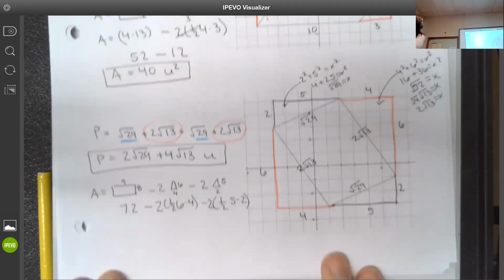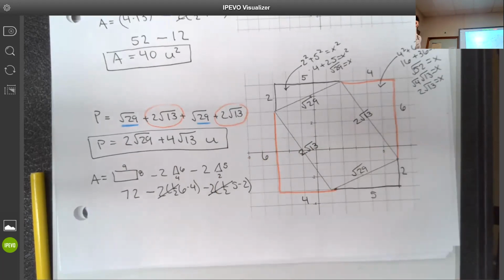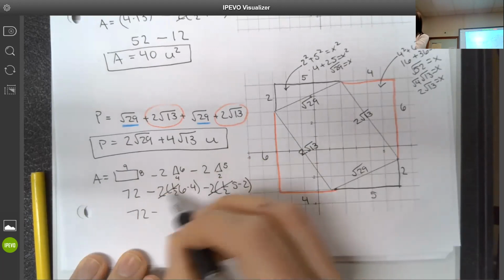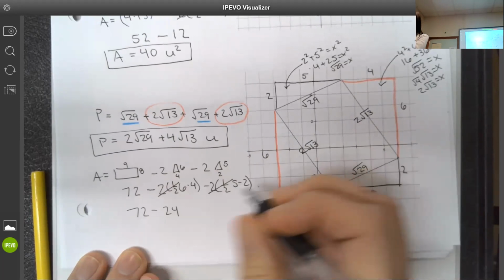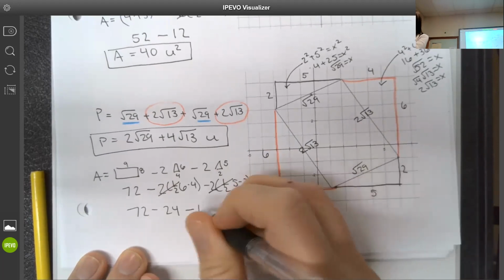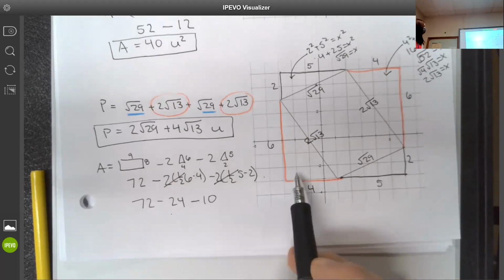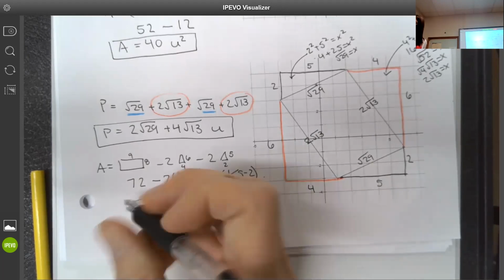And again, because I have the same triangle twice, those are just going to cancel each other out. 2 times 1/2 is just 1. We don't want to get in the habit of always doing that. We want to check and make sure that that's the case before we start canceling out that 1/2. Minus 10. Okay, so then I just end up with 6 times 4 and 5 times 2. And I subtract that from my outer rectangle. Oops, sorry, I typed it in wrong. Gives me 38